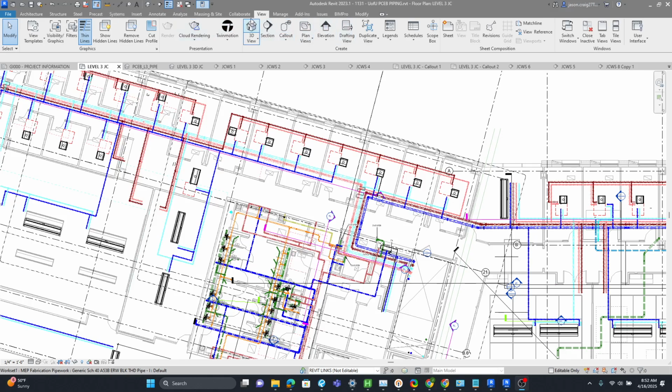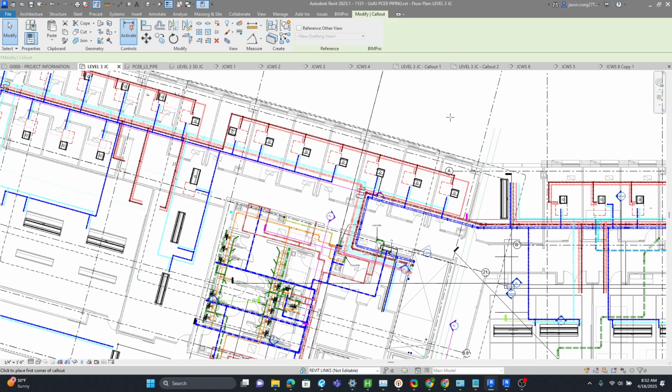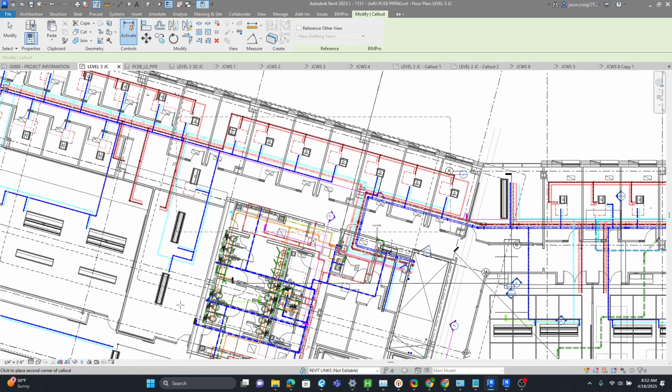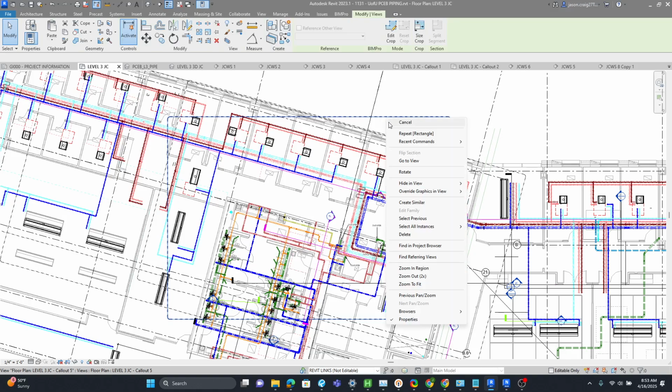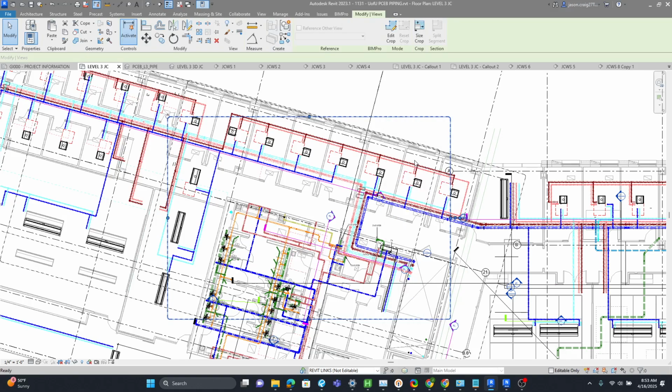So if we go to View tab, Call Out, hold down mouse button, swipe over an area, right click on your call out, go to View,